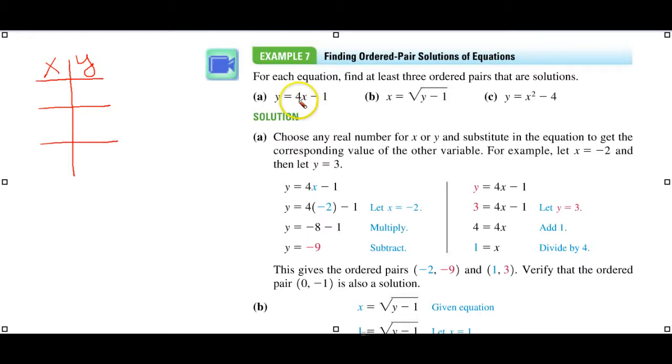For all of these, A, B, and C, I would suggest that you set up a t-chart. And then over here, you're going to put values such as a -1, a 0, and a 1. That would be, let's say, for A. Now for B,